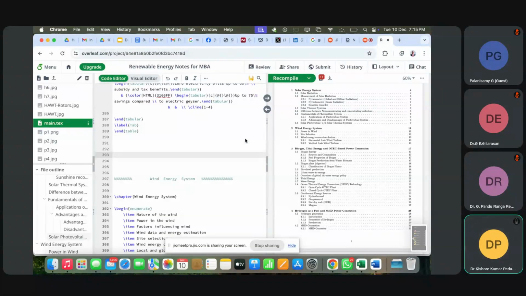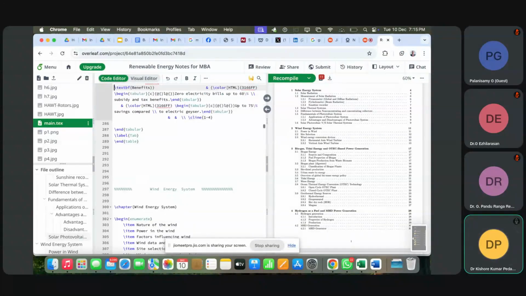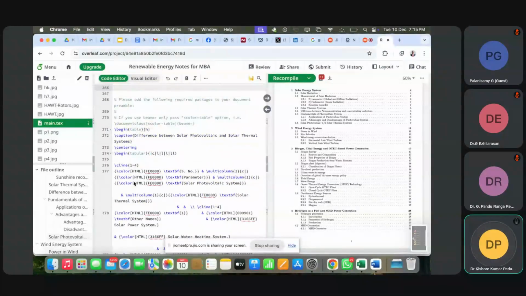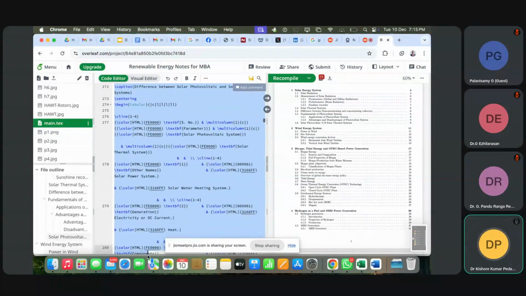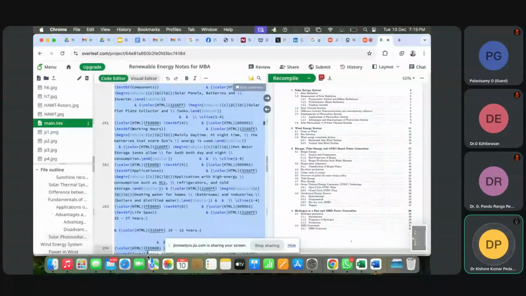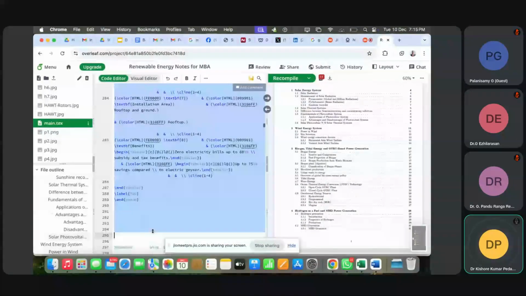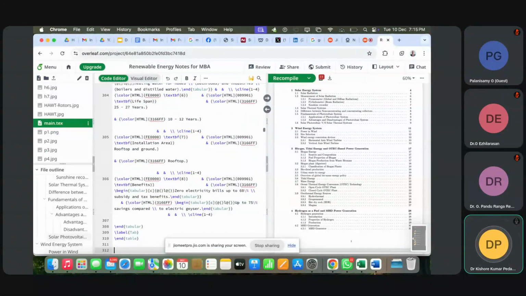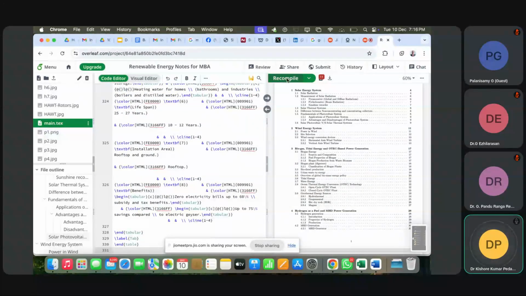For example, I will increase the pages. I have some data, so I will take this table only. I am simply showing you what will happen if I increase the pages. This is a table. I want to copy it. I have copied it and I want to paste it twice. Please make a note of this: wind energy is from 11 to 13.